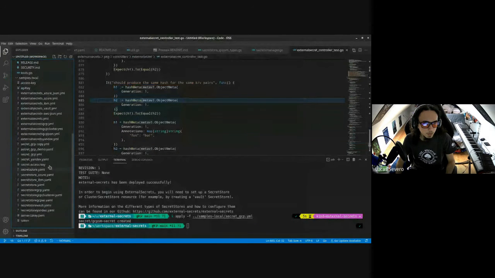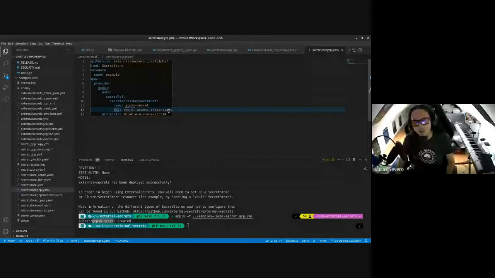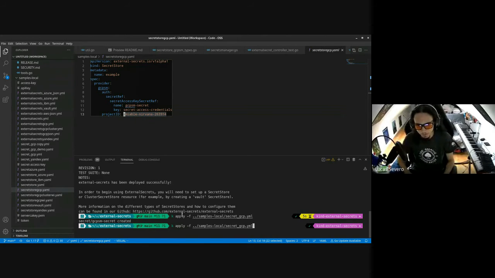And if I go to here, I want to create a secret store. The name will be example. I want to use the GCP provider, and then the authentication will reference that secret that I just created. Here we'll get the credentials from that secret, and the project ID is my project ID in this case. So this looks okay. Then the operator will know how to contact, in this case, Google Cloud. Okay, apply